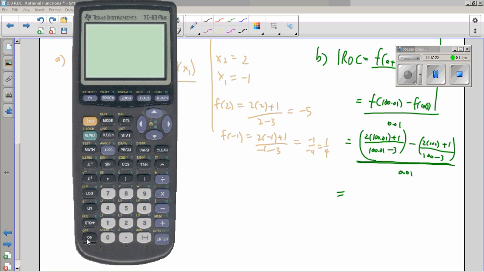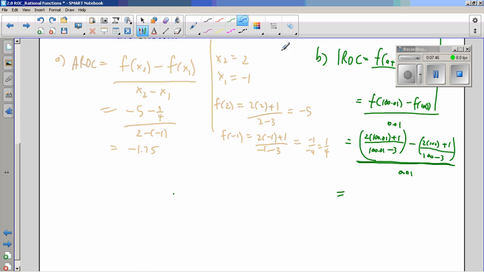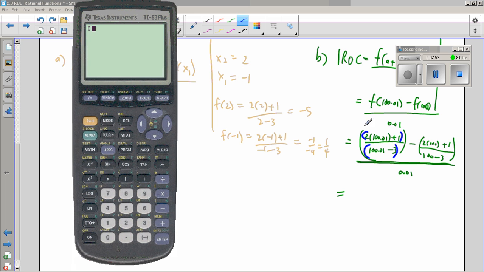Okay, bam, there's the graphing calculator. And it's not that you can't do this calculation on your scientific calculator. In fact, that's why I'm choosing this one, because it's a lot like your scientific calculator. A lot of your calculators, you can see what you're typing, and that's what I like. So, big bracket, and notice inside I have a rational expression as well. So I need another bracket right here in order for the calculator to know where this big division bar is. So this bracket goes with this top thing, and then I'm going to go bracket, 2 times